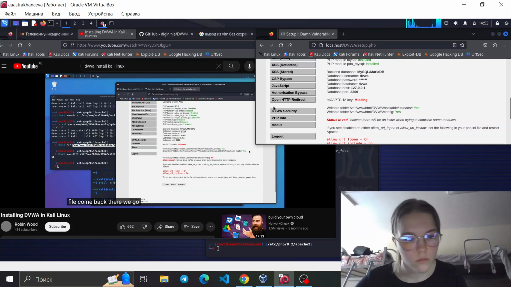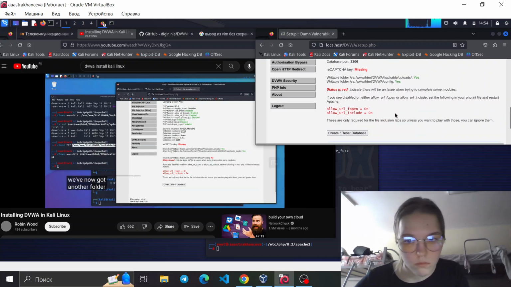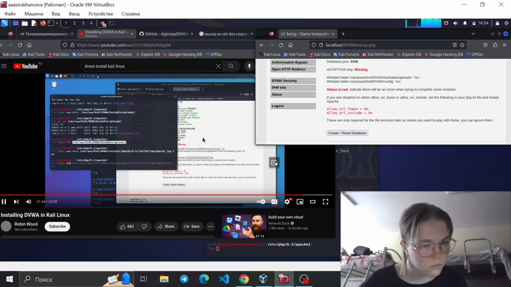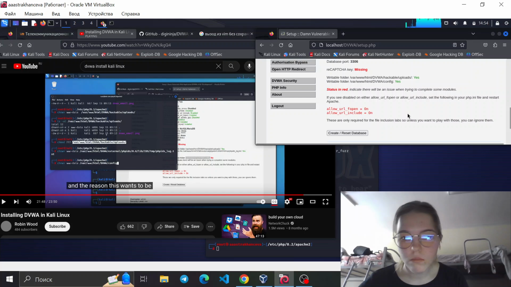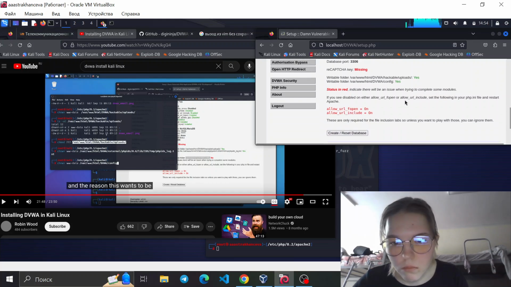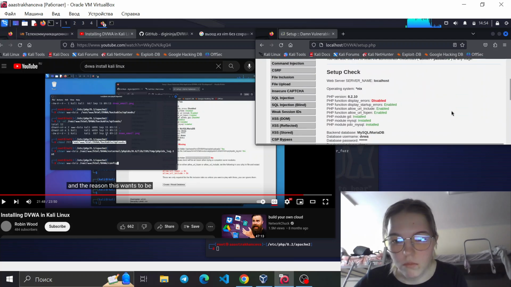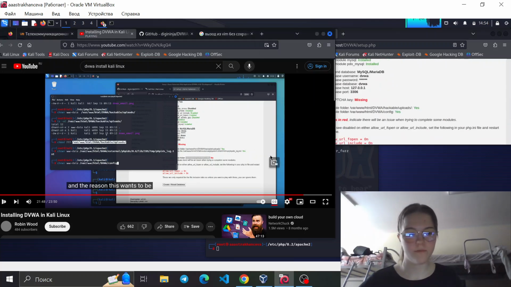Come back, there we go. We've now got another folder that's writable. This one here, our config folder, is where we put the config file. And the reason this wants to be writable